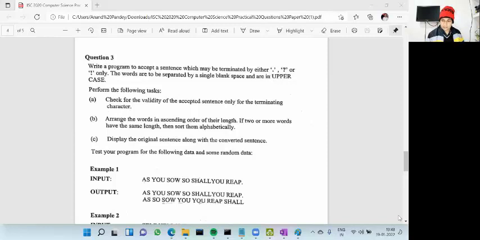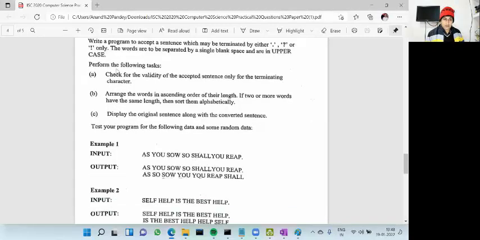ओके, ठीक है। सो हियर ये थोड़ा कॉमन, इसकी प्रैक्टिस कर लेना।